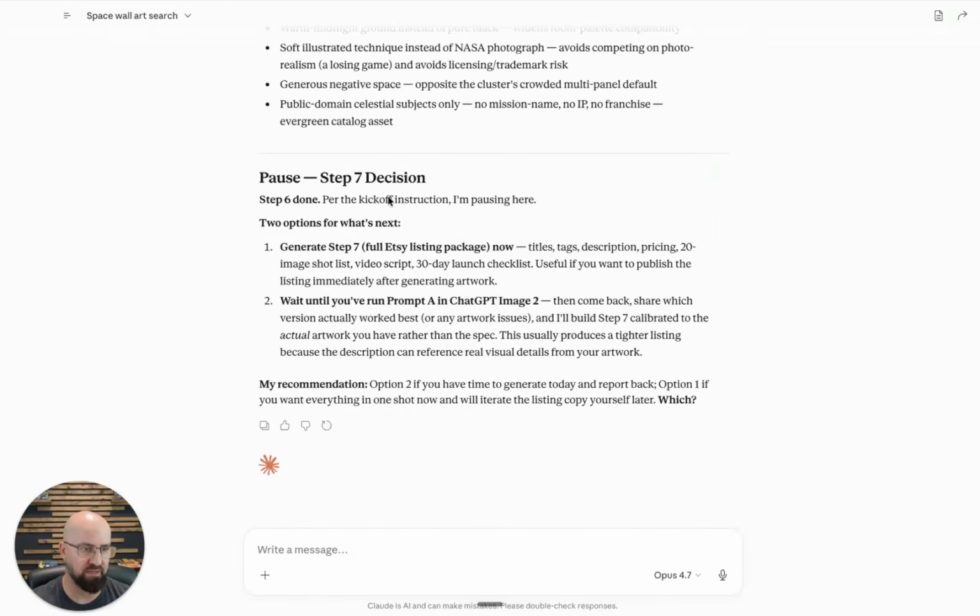And the other cool thing with this prompt, if you continue to scroll down, you will see at the very bottom, it gives you step 7. So after you create the image, you can say generate step 7 or hit number 1, and then it's going to give you the title, tag, description, pricing, 20 image shot list for each listing photo. There's 20 spots, video script, 30-day launch checklist, all this stuff to actually launch this product based on what's working